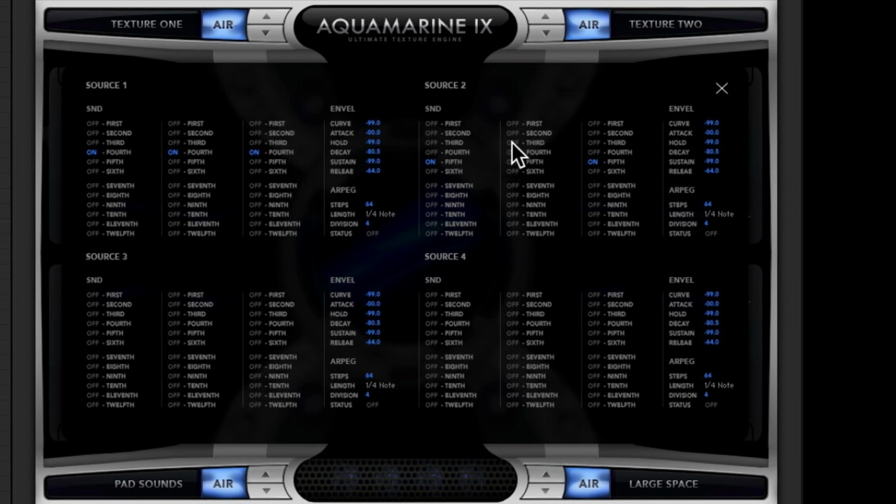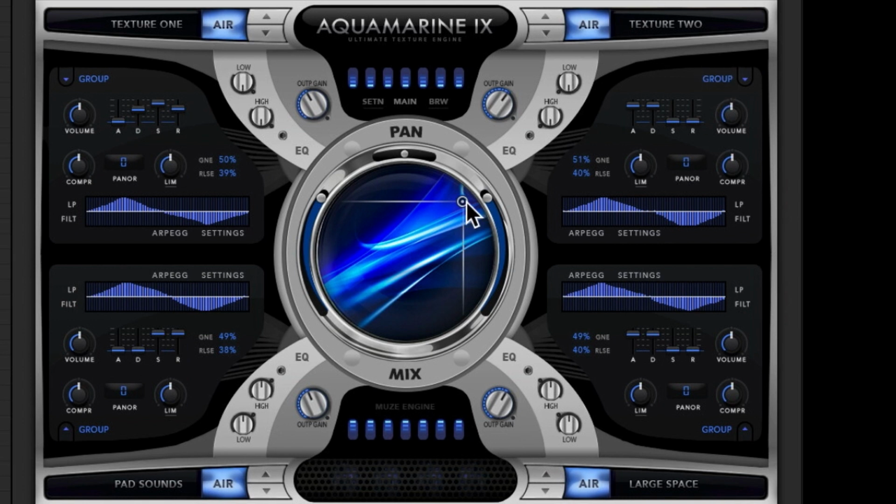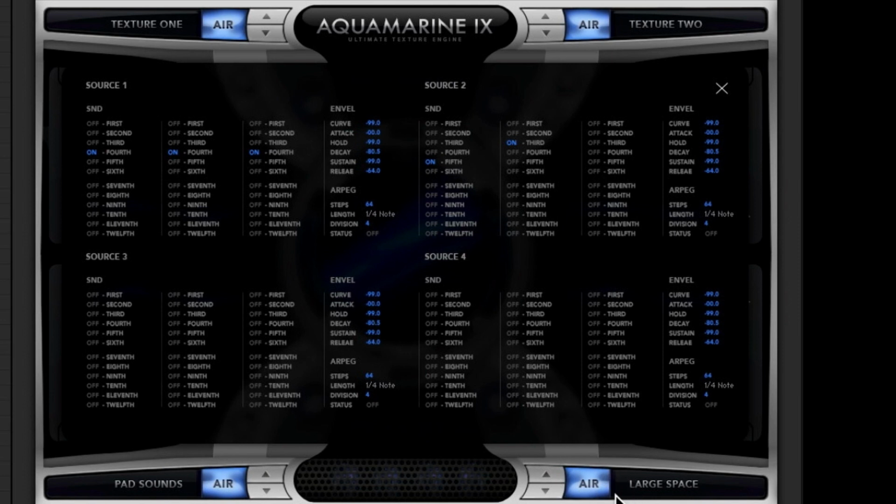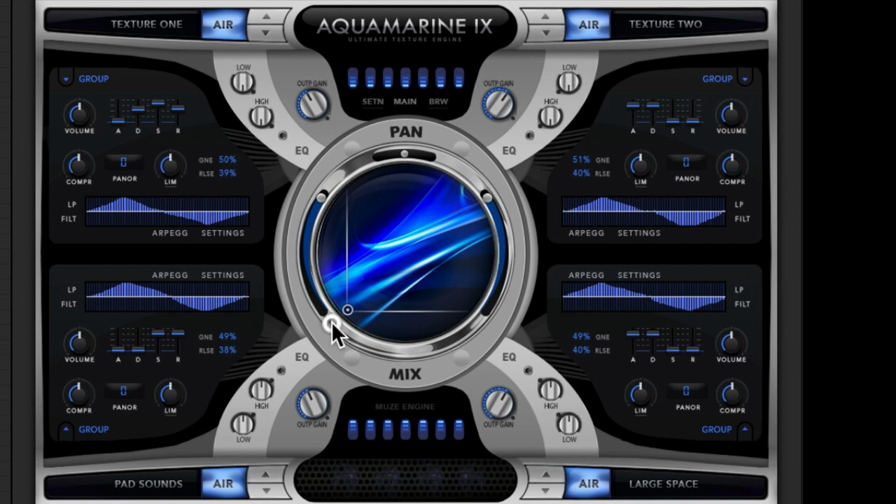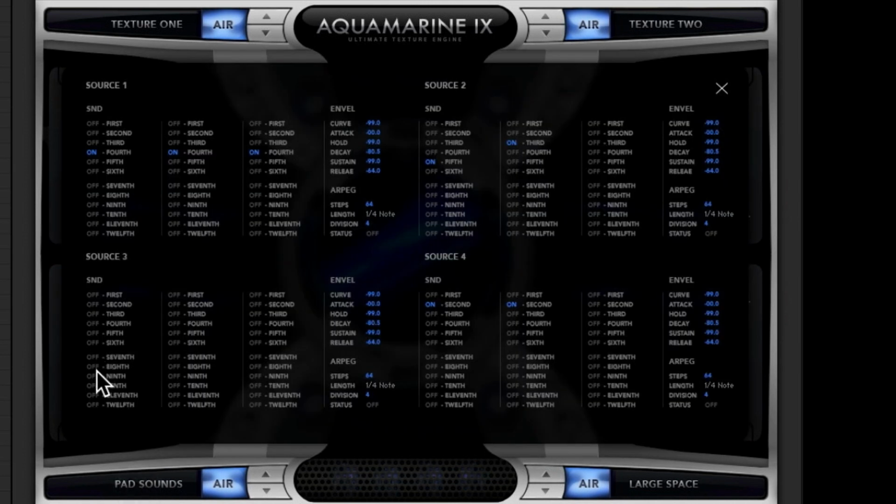Or I could switch maybe third on as well, and 2/5. I mean, you don't have to, I can just use 2, so we'll just leave it at that. And then I go down to the large space, click on that, and then we'll start off with maybe a 6th. So these are kind of darker tones. So we'll leave it at that, and then we'll go over to the pad sounds, and then we'll switch on,